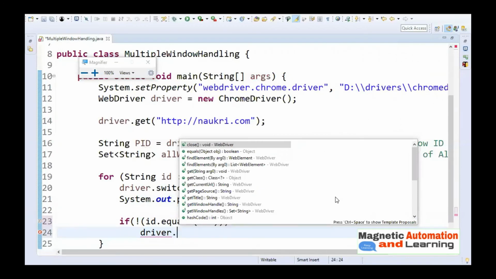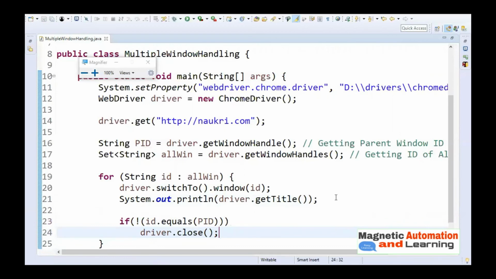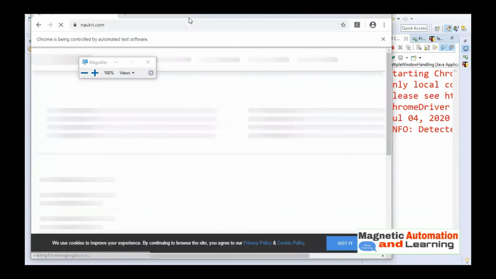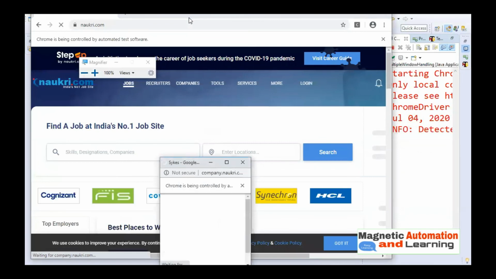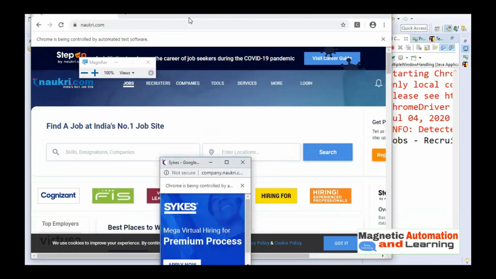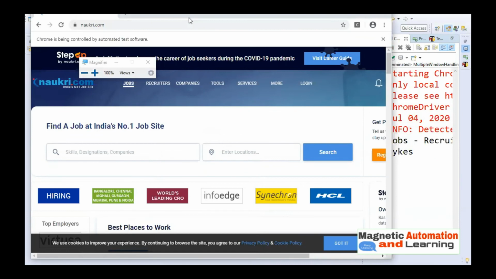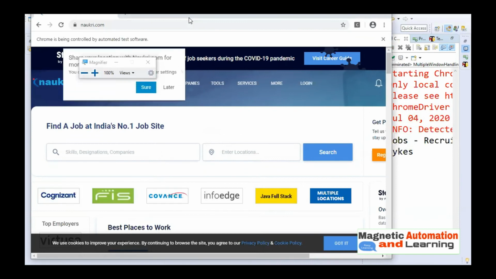For closing only a particular tab or window, you are going to use the close function. Let's run it, whether it's working or not. We'll get an idea. See, it has closed the browser window.